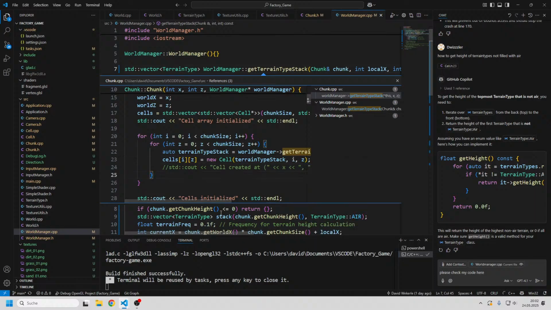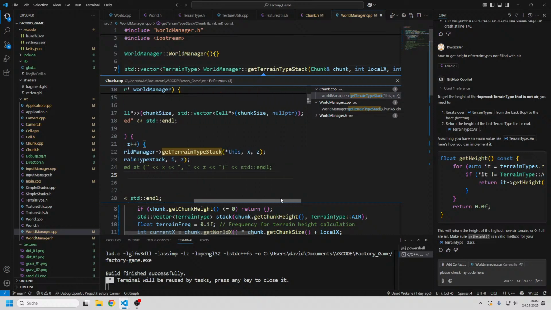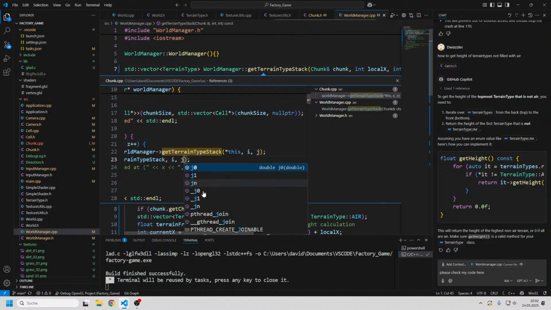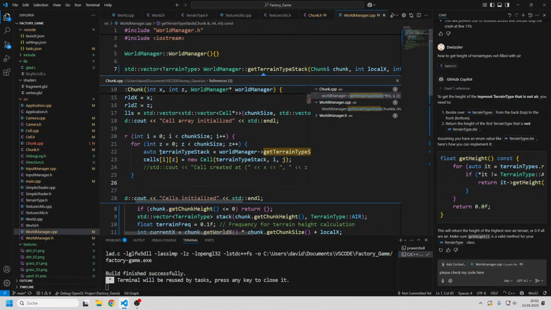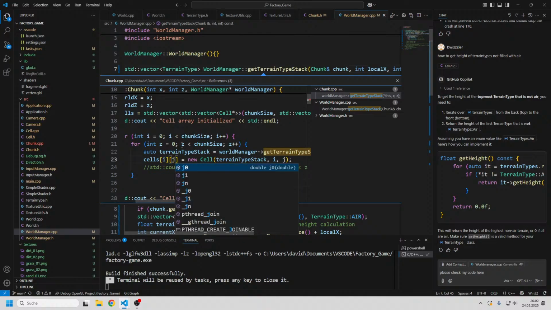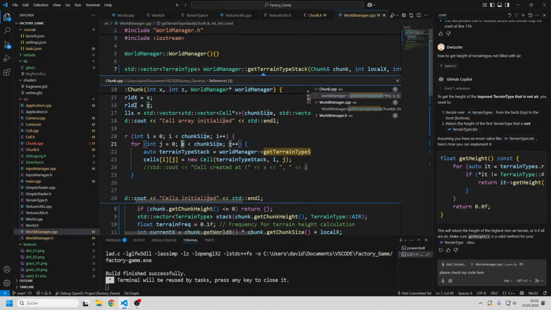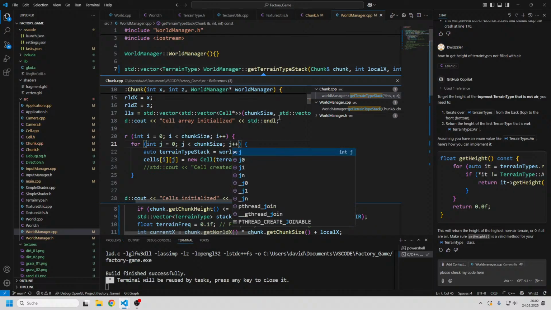I, yeah, perfect. And then this is also going to be I, and this is going to be J, and this is going to be J, and this is going to be J, and this, and this. Okay,